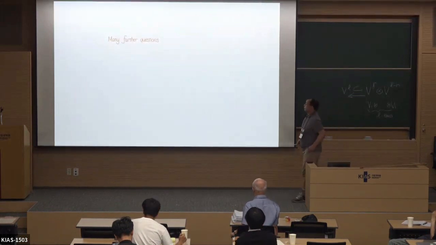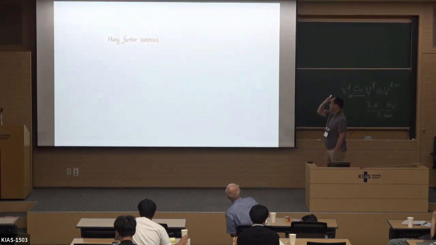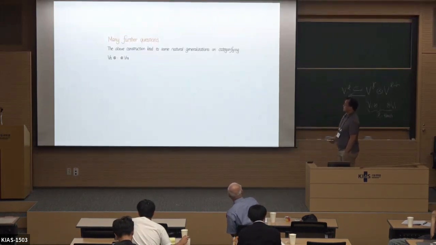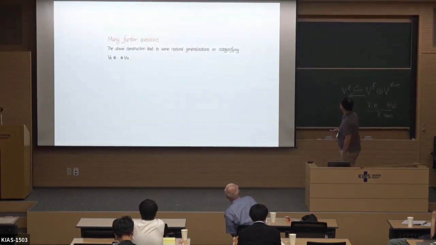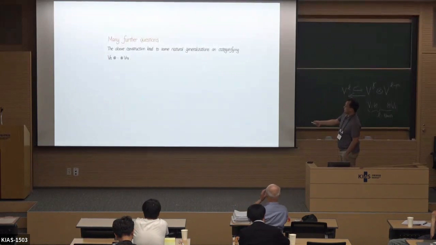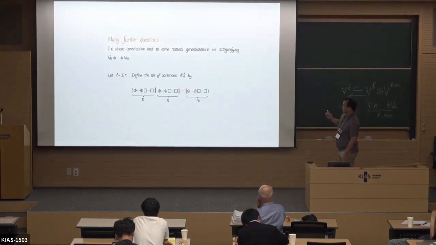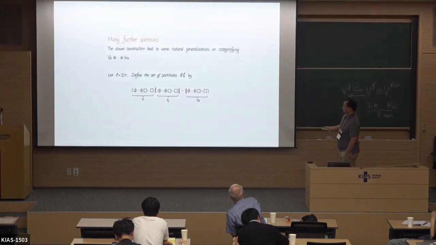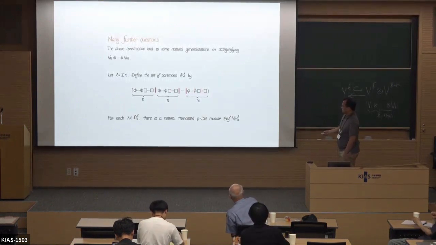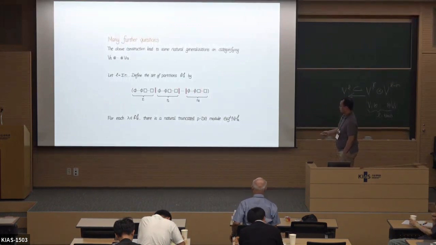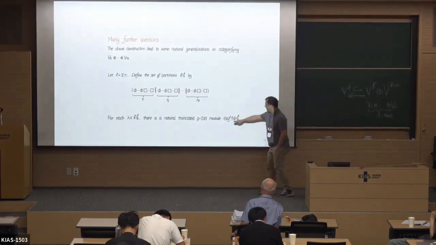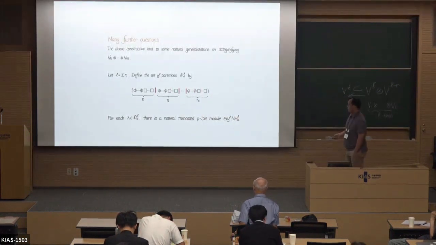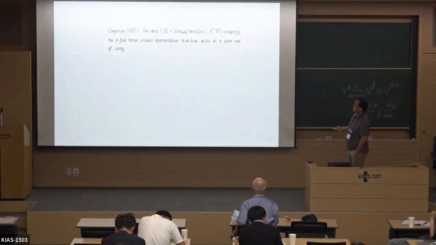All right, finally, before we quit, I just want to mention there are many further questions we need to answer to continue this program. This construction naturally leads to natural generalizations to arbitrary tensor products of arbitrary highest weights. They all sit inside V of R1 plus all the way to V of RD. What you do is, similarly as before, you define these multi-partitions, but put red lines in between. There's a natural collection of truncated polynomial modules over a Nil-Hecke ring, and you consider the truncated quiver-Schur algebra. So as a conjecture,